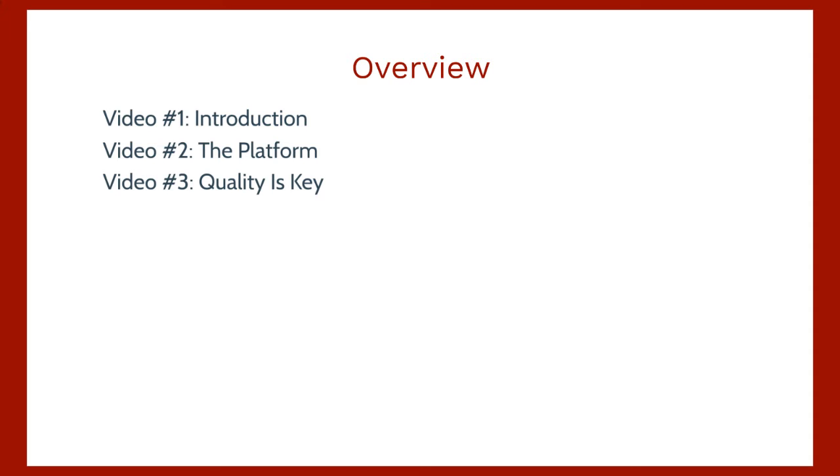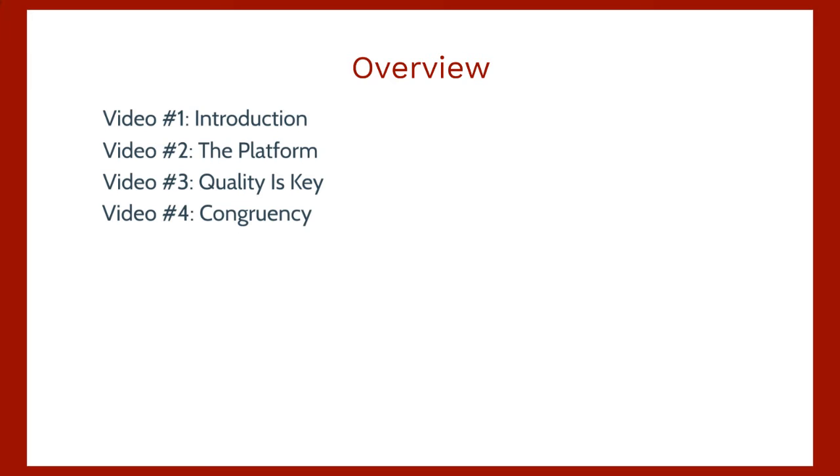Then, of course, in video number 3, we'll talk about quality and how to make sure that the images to your content and all of that is high quality. And what exactly do we mean by that? And what does the funnel look like from the point of attracting the person to pinning the image, to looking at the image, to getting them over to your content and all of that?